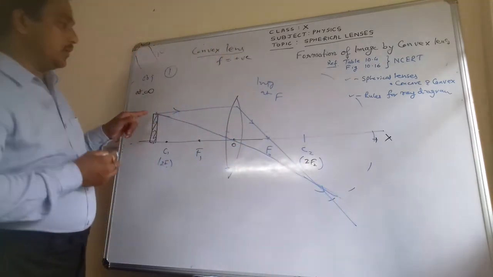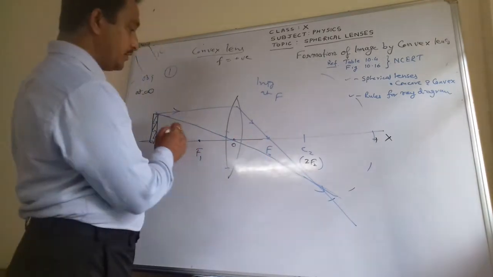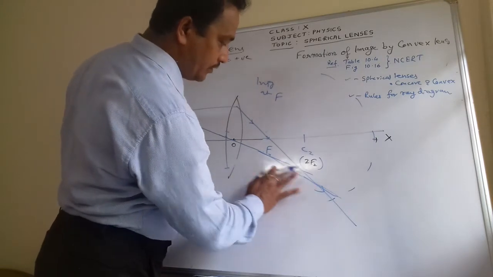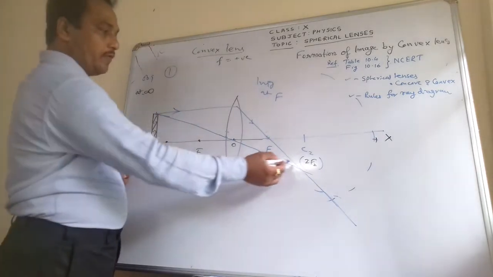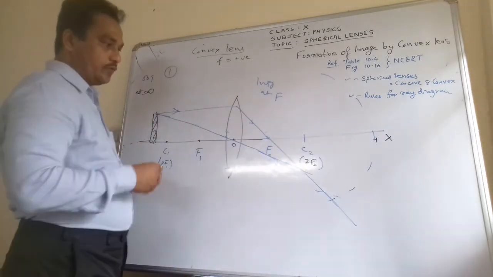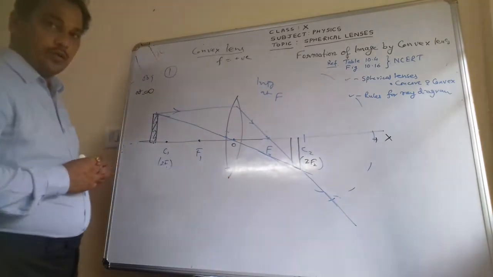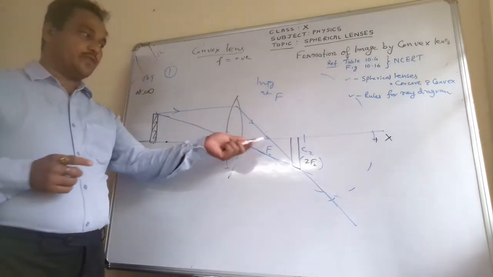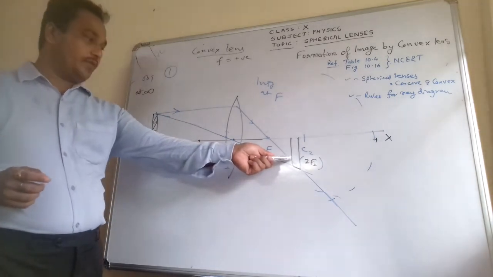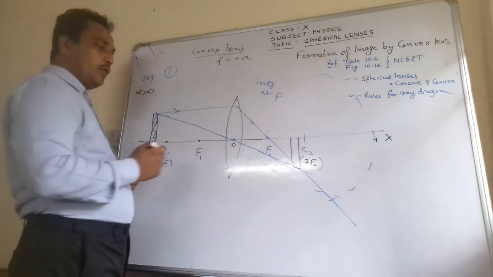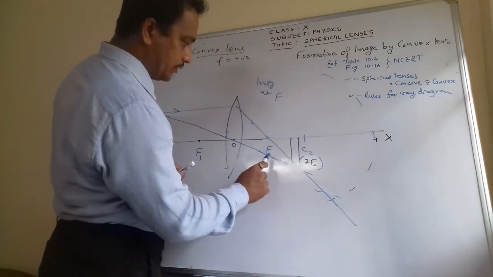So what you have observed: when the object is beyond C, where is the image formed? Between C and F. The image will be formed between C and F. As you can see here, the intersection of both the rays is between C and F. So you will draw like this. This is the image formed. In the first case, when the object was at infinity, the image was point size. Now here, when it is between C and F, it is smaller, diminished in size than the object.